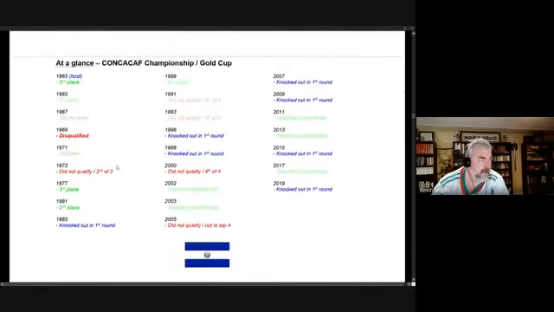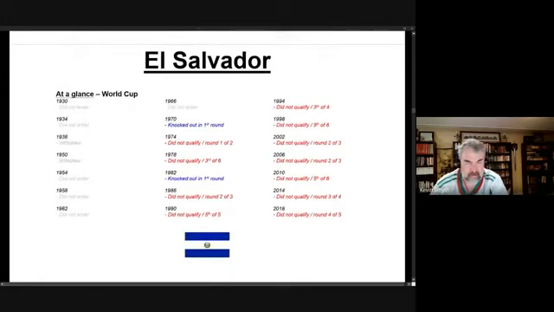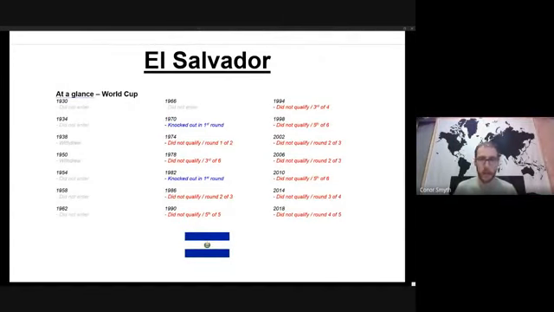Let's go back to take a closer look at their World Cup performance. So El Salvador has qualified for 2 World Cups, in 1970 and 1982. While this is by far their best achievement, they're perhaps not as impressive as they seem. They did do well at regional levels to get there, but their poor showings at the World Cups, humiliating in fact, almost made it not worth it for them.